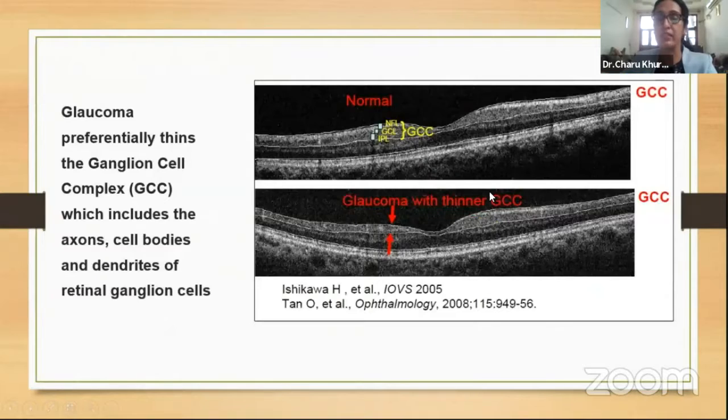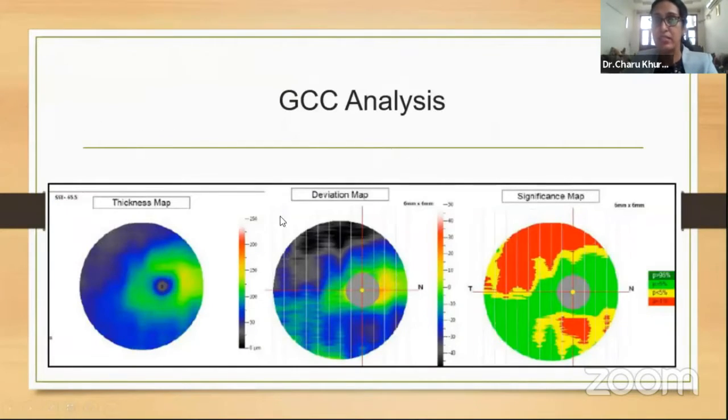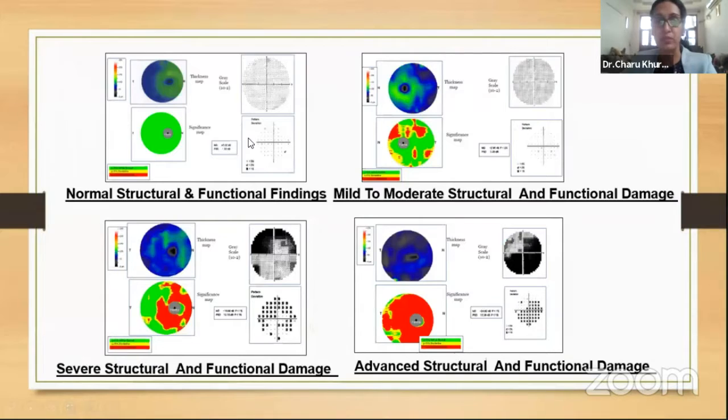And the third thing the OCT tells us for glaucoma is the ganglion cell complex, which consists of the NFL, the ganglion cell layer, and the inner plexiform layer. So this is how the GCC analysis appears as a deviation map, the blue indicating about 20 to 30% damage and the black indicating more than 50% loss. And the significance map is what we look at. And we find that the ganglion cell layer damage correlates even more with the visual fields and occurs much earlier even than the RNFL thinning.